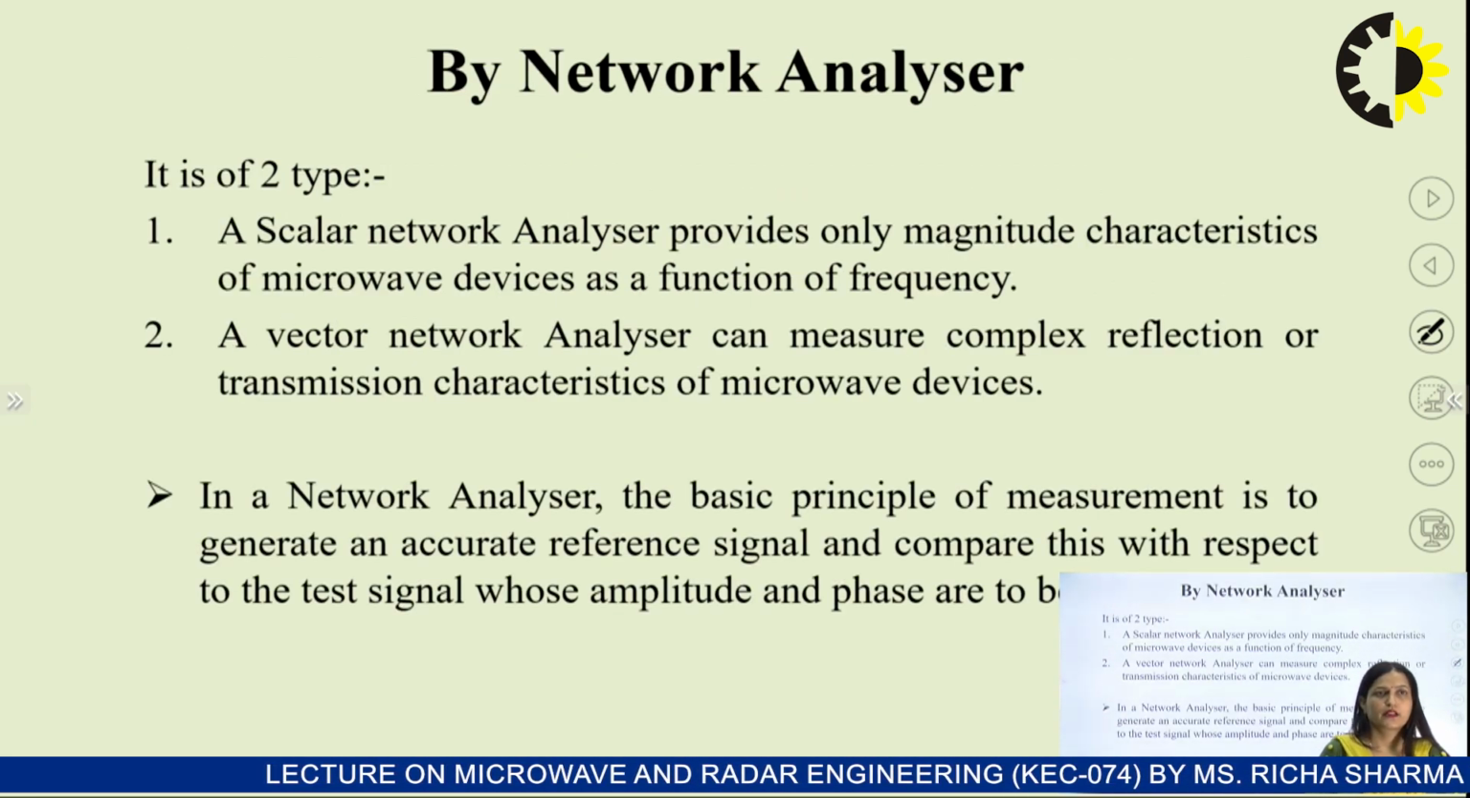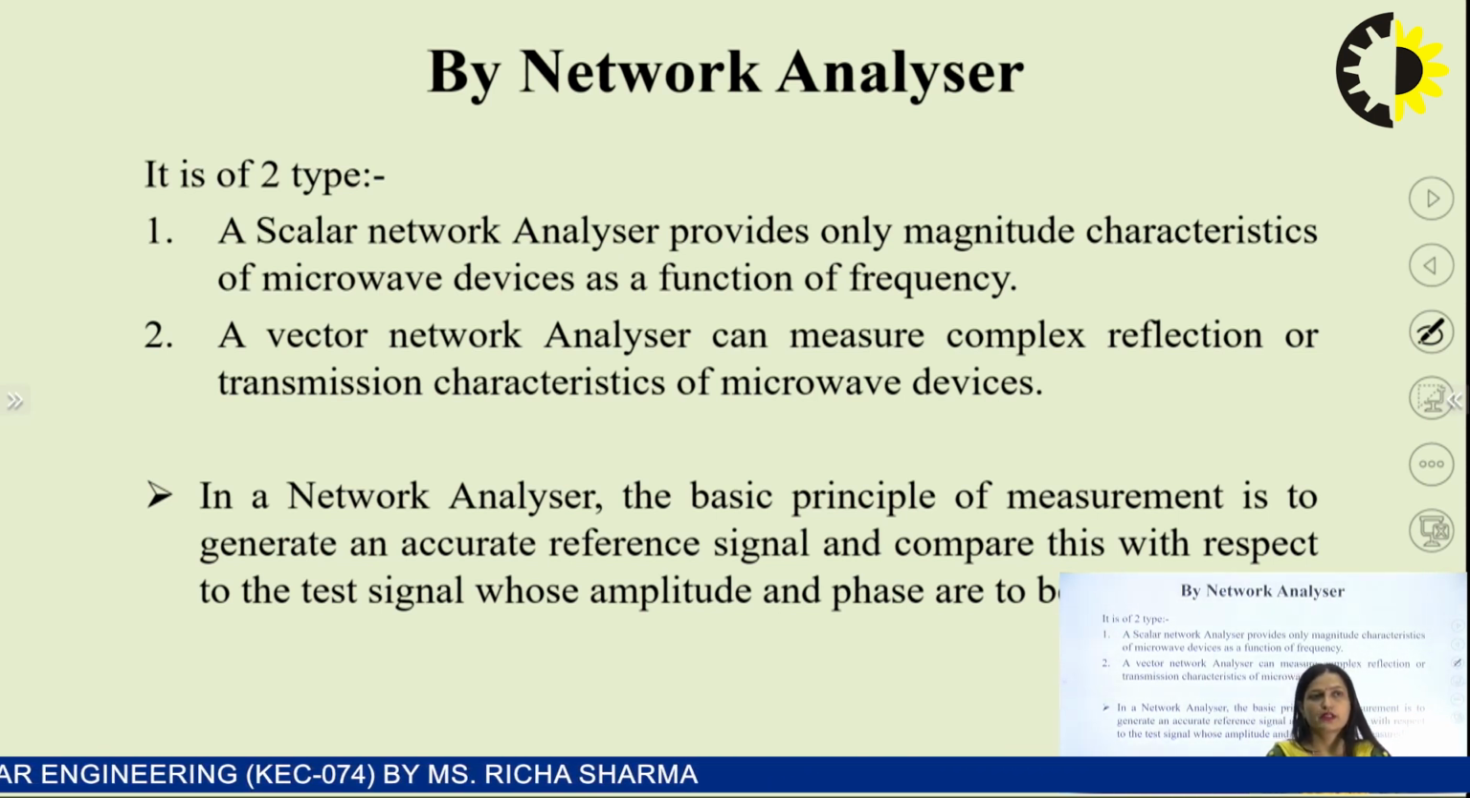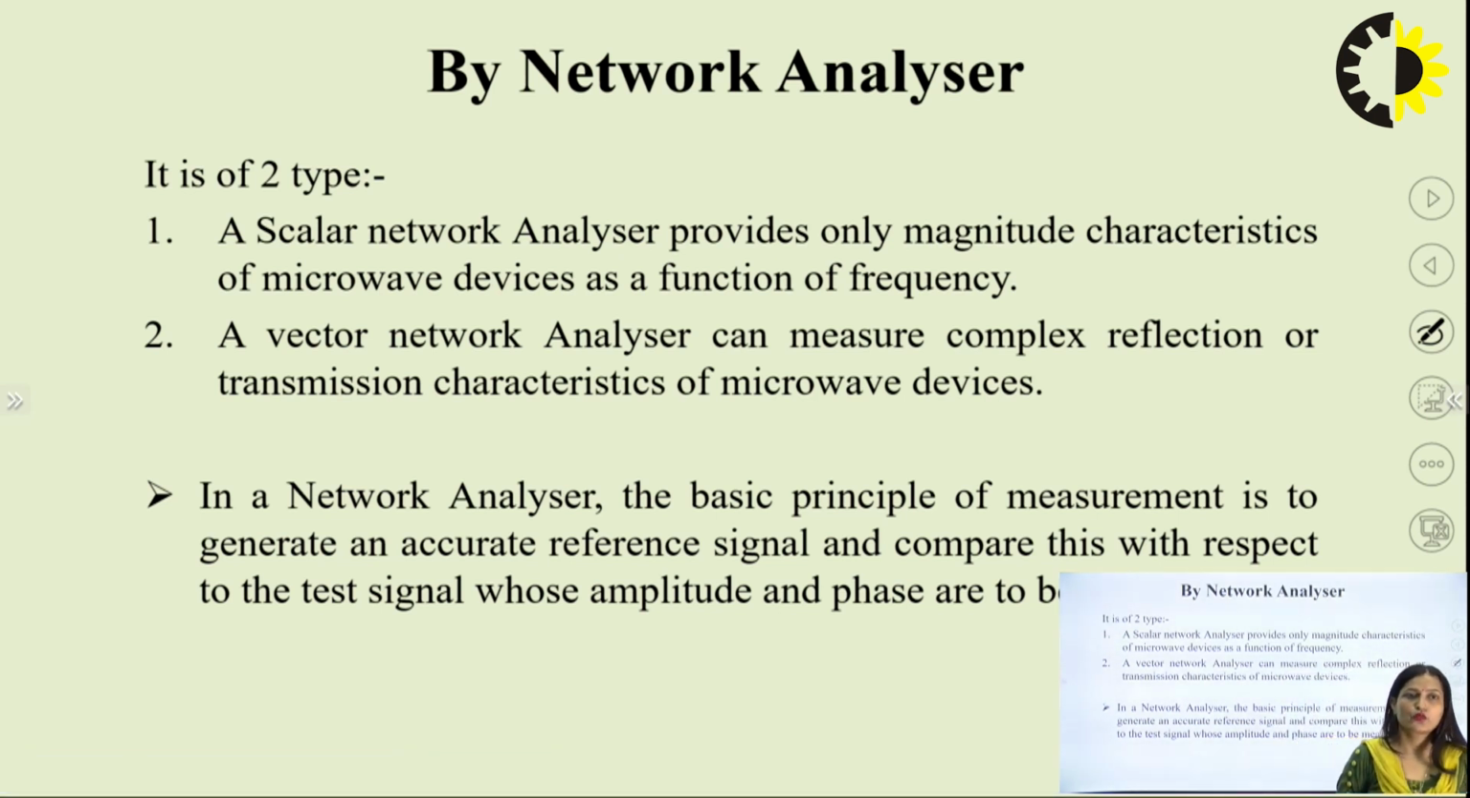So how can the S parameter be calculated using a network analyzer? Network analyzers are of two types: the scalar network analyzer and the vector network analyzer. The scalar network analyzer provides only the magnitude characteristic of a microwave device as a function of frequency, so from here we can only find the magnitude. But the vector network analyzer gives the complex reflection and transmission characteristics of a microwave device. It means that from the vector network analyzer we can find the magnitude as well as the phase